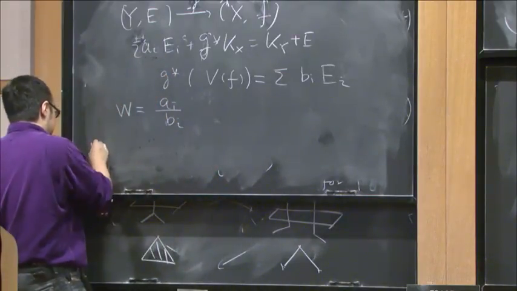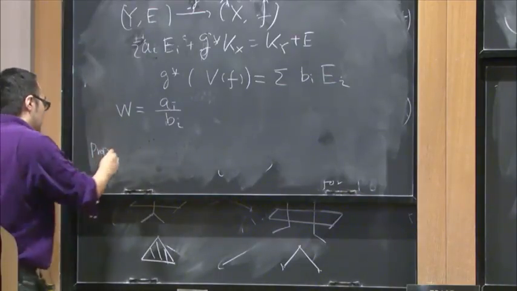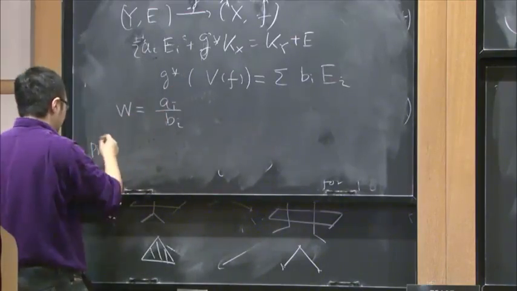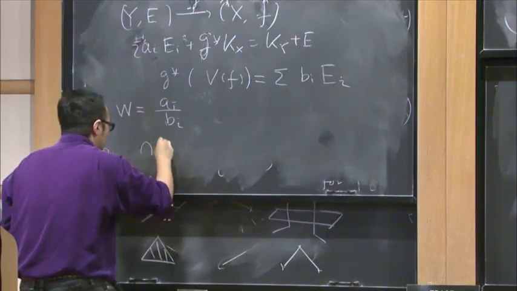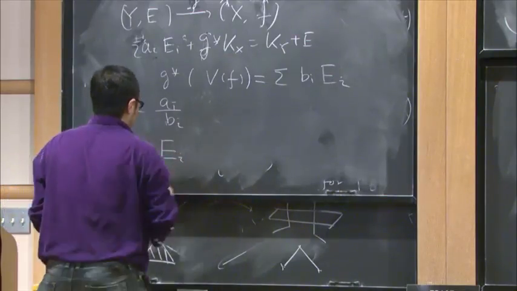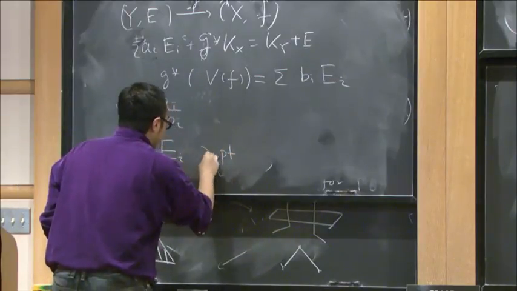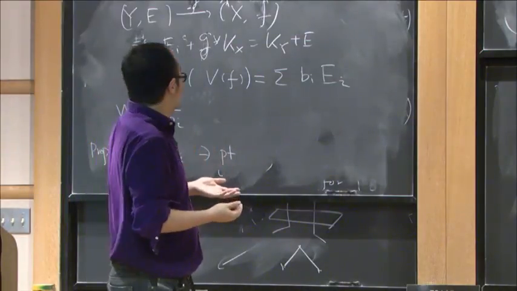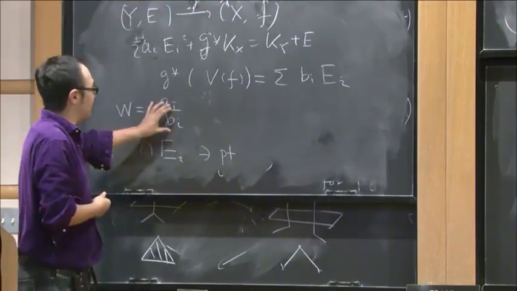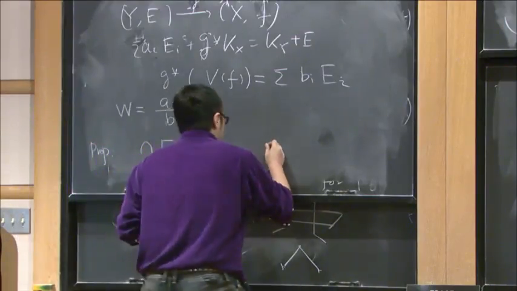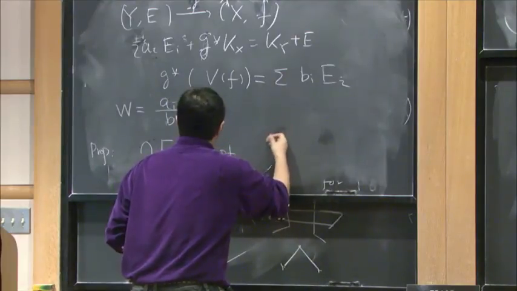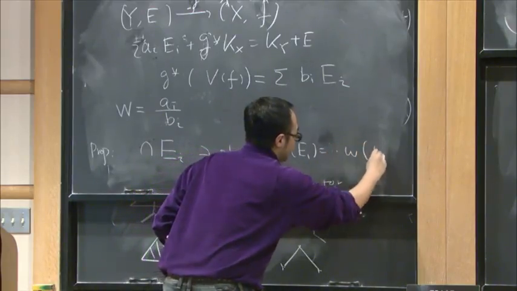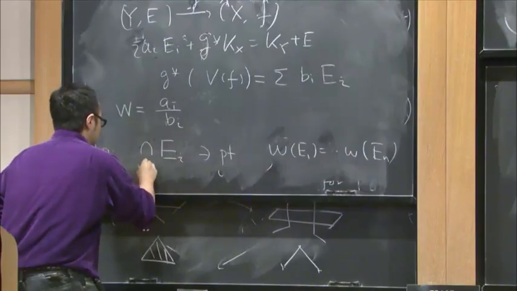And then the statement is just that, let's say I have a maximal cell in this complex. So a maximal cell in this complex just corresponds to E_i which is of zero dimension. And then I want it to be the pole of maximum order. So the possible pole will be just the number of this, the n-dimensional pole. Okay, let me first write that. If the weight of E_1 is equal to the weight of E_n, here let's say i is equal to 1 to n,